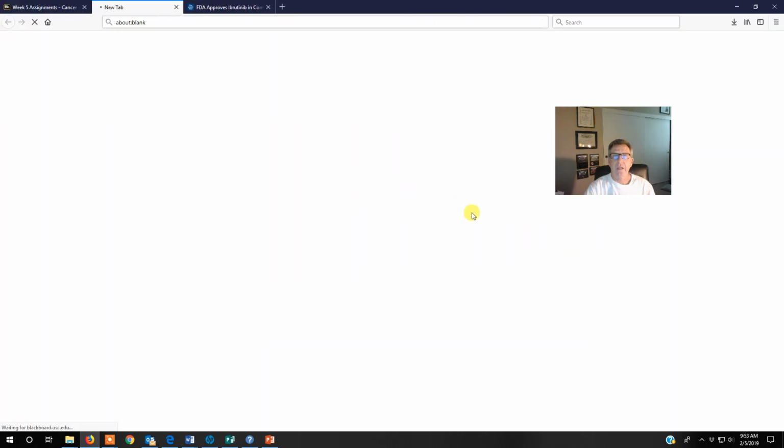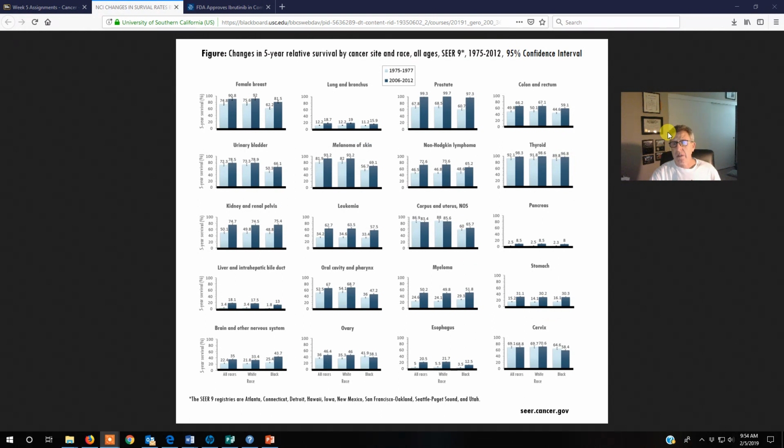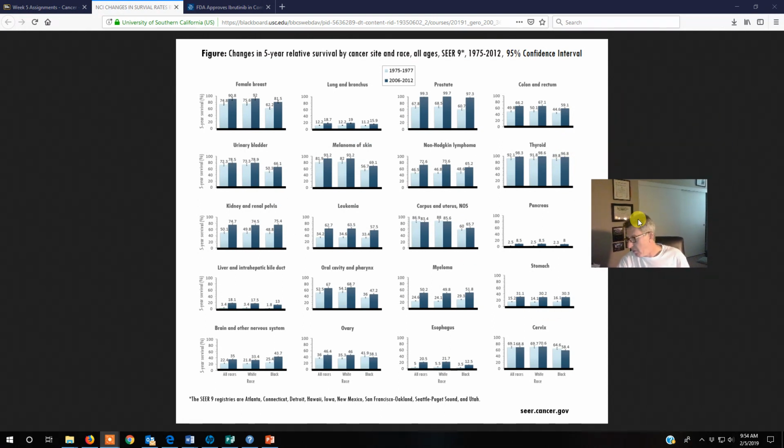All right, so we go into here, and this lists many cancers. Now, the relevance of this is to you as an individual. I'm sure you know a friend or family member who's had cancer, and that's because between 1 out of every 2 and 1 out of every 3 of you will get cancer in your lifetime. And these are just staggering statistics, okay?